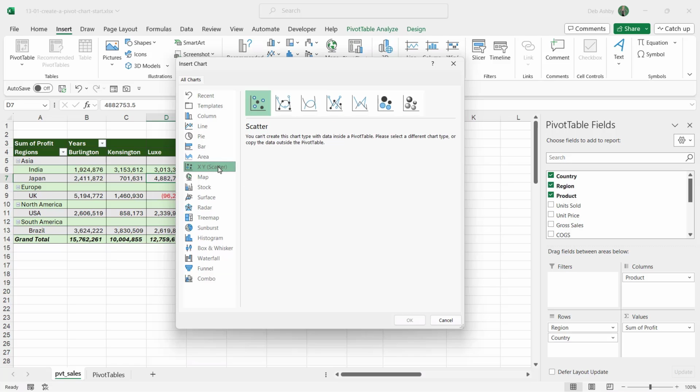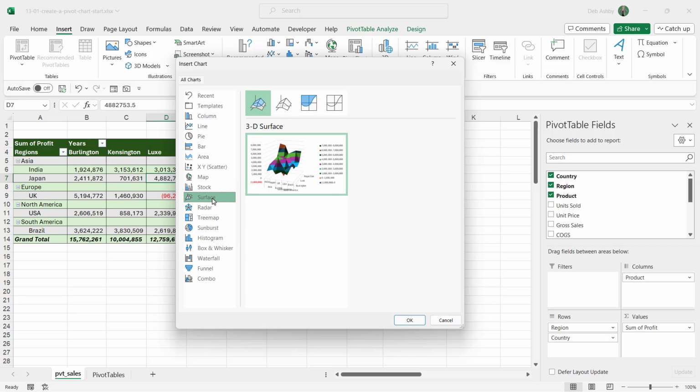Now, things like XY scatter plots, again, these can be useful to represent certain data sets, but these are one of the charts that you can't use when your data is inside a pivot table. Map charts, as you would imagine, are best for geographical based data. So if you have a list of countries and maybe the population and you want to show the top 5, a filled map chart would be great for that. And then we get into some of the more specialist charts, so things like stock charts, surface charts, which can